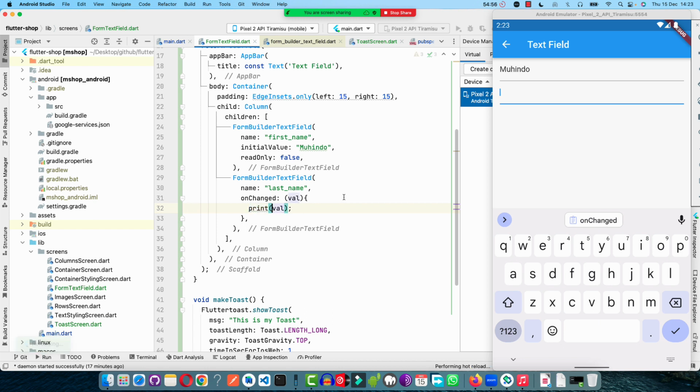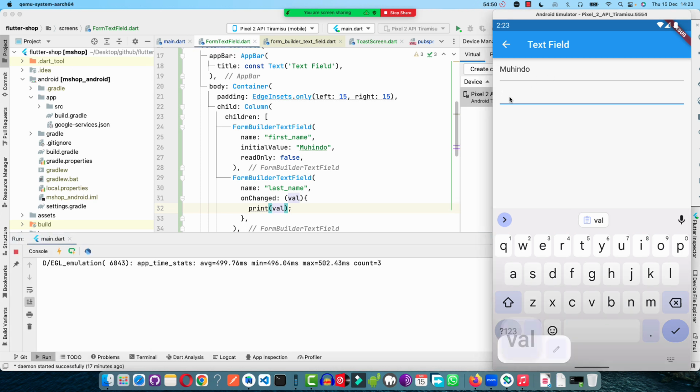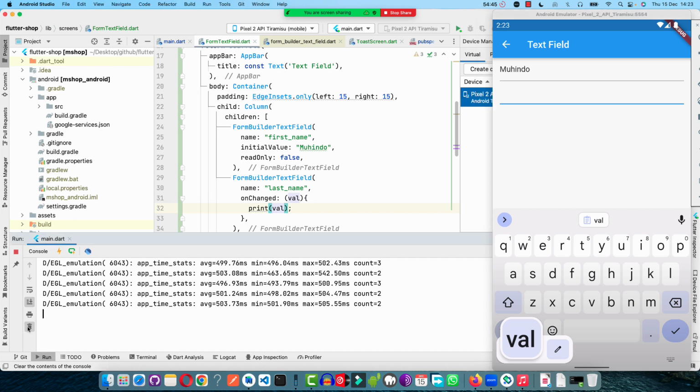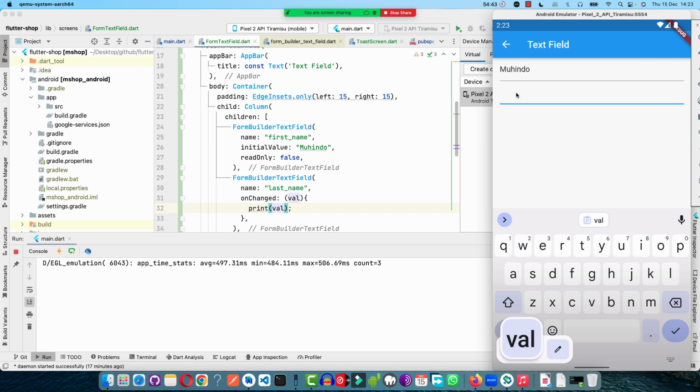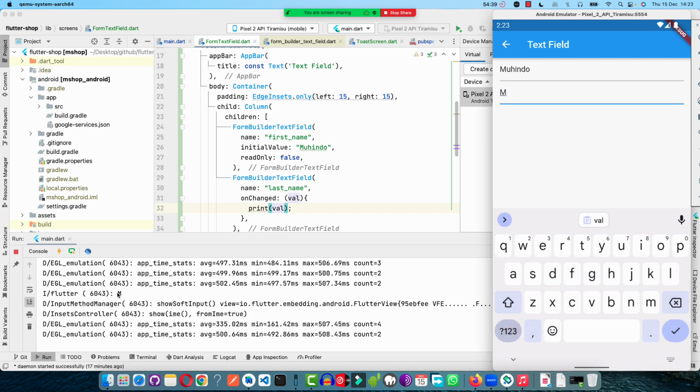So when I save and then I expand my console here, I clean everything. So when I come here and I click on it, I can as well come again and clear everything. So I come and start typing. So if I say M, you can see the M is coming here. So when something changed, that method will be called. So if I say Mubaraka, so you see,